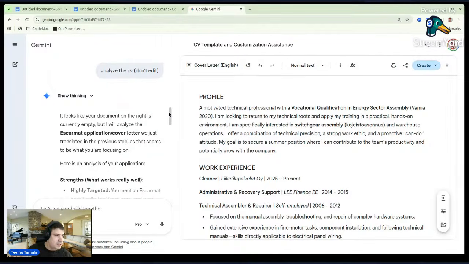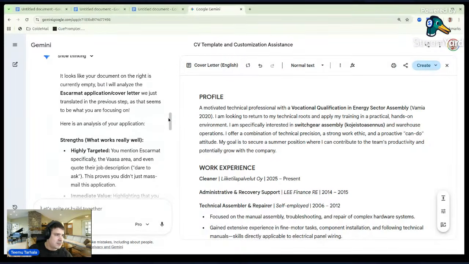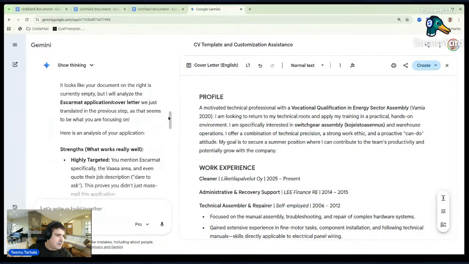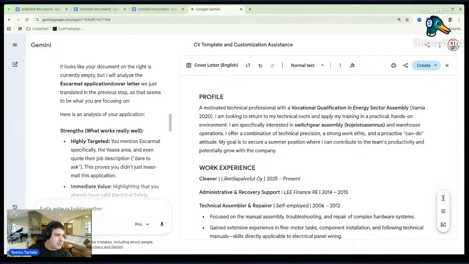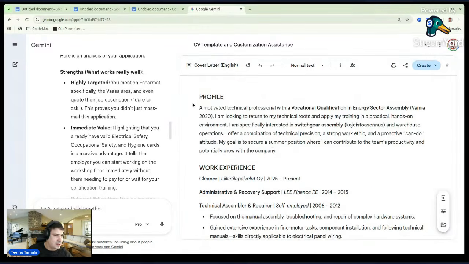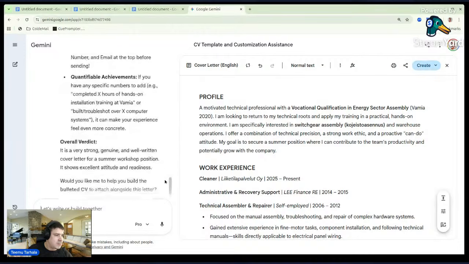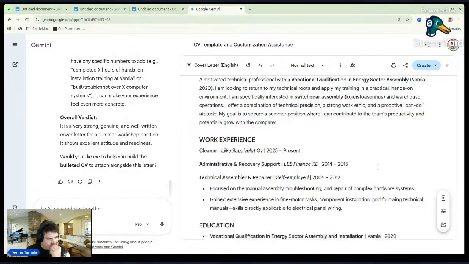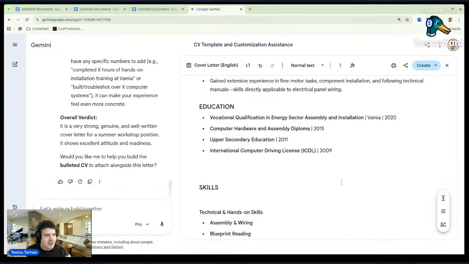Our document right now is not empty, but let's go through. Highlight it. It's reading something wrong. You can see sometimes AI has a problem. So let's ask it again